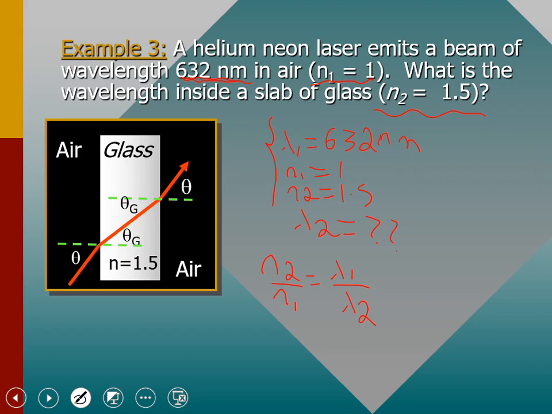Now we need to find lambda 2. This implies that lambda 2 equals N1 lambda 1 divided by N2. Simply substitute: